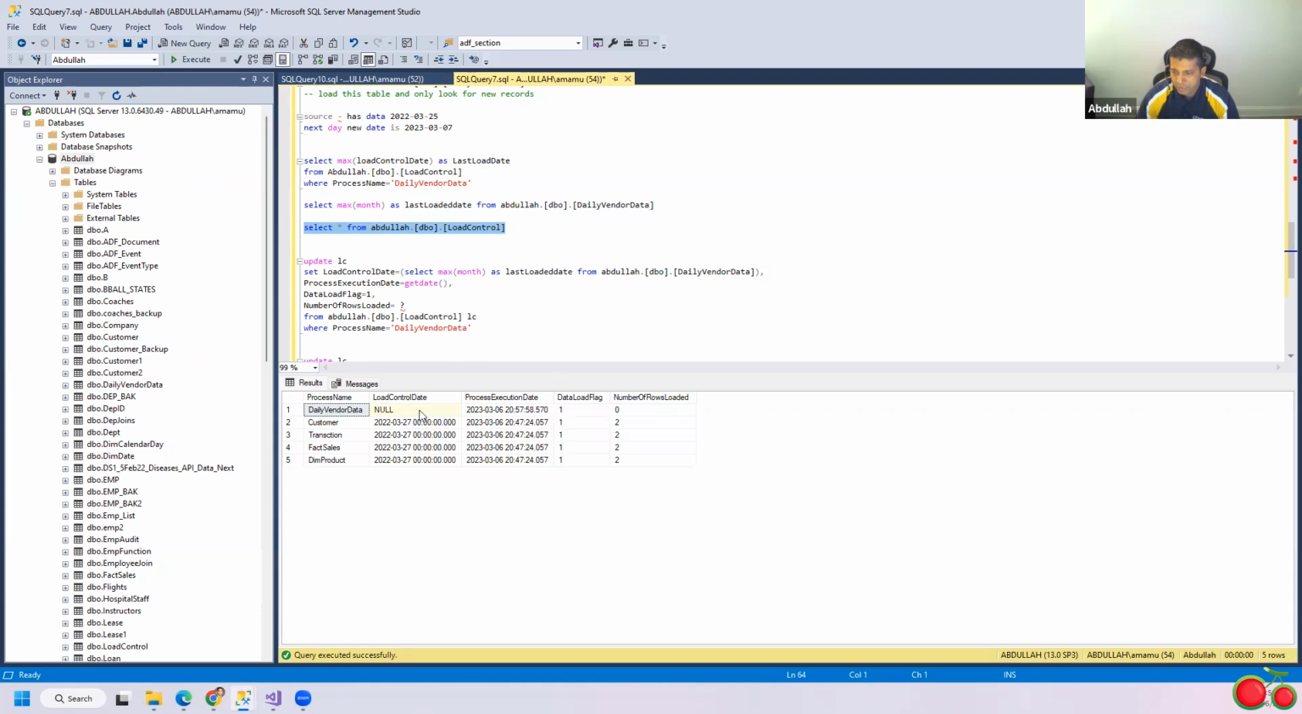So here you can see your load control date is null because you ran that and the table is empty, and you can see the number of rows loaded is 0. The process was run this time, but you do not have any data loaded, right? There is no data coming. So what we need to do, if you are running this for the first time, is to also say something like